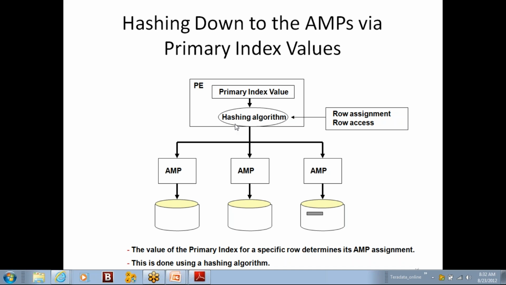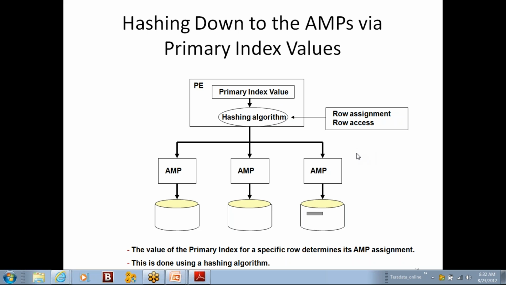The other property of the hash algorithm is that if the index values are the same, the hash algorithm always generates the same hash value. If there are two index values which are the same, in the case of a non-unique primary index, these two values would result in the same row hash value.